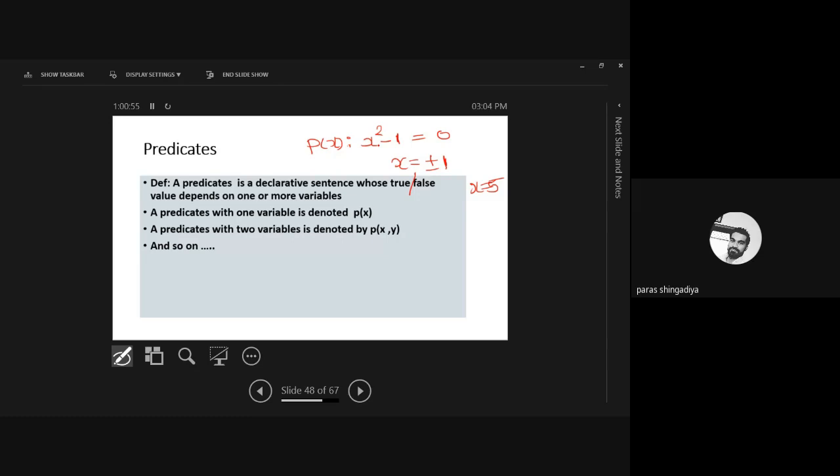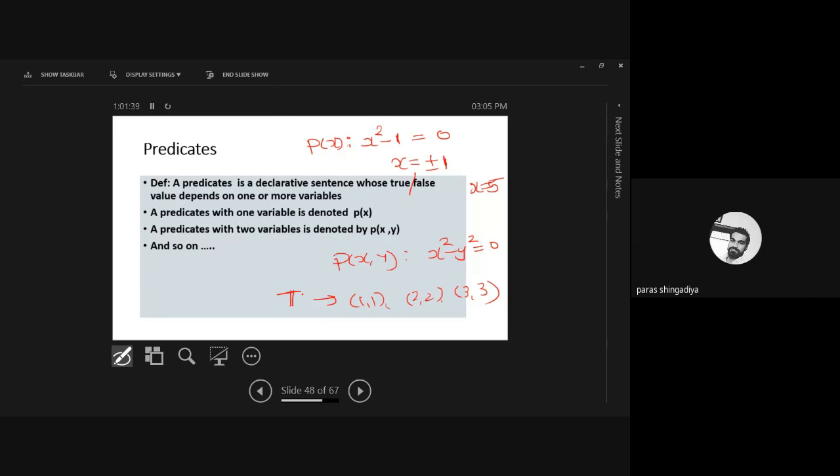If we consider two variable data, p of x y is x square minus y square is equal to 0. A two variable function now. So for which values of x and y is p of x y satisfied? Many values, as pairs 1, 1, 2, 2, 3, 3, 4, 4 will become a 0 answer. It will be 0 because it is x square minus y square, so whatever x is, you have to take the same y, only then it will be 0. Clear? So we consider the solutions 1, 1, 2, 2, 3, 3, 4, 4. These are the true values of this predicate.